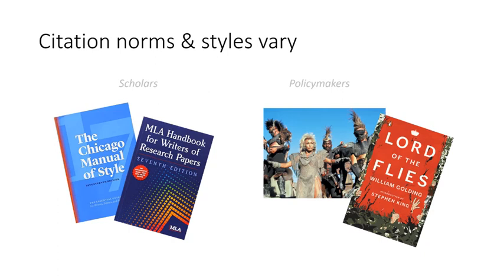Because policy documents come from lots of different countries and lots of different types, the citation norms and styles vary wildly. So this is a big difference between the scholarly world and the policy world. In the scholarly world, if you submit a paper to a journal, I'm sure everyone's been through this, and God forbid you fail to format the references correctly, it might be sent back to you. There's a reason for you to cite it in MLA or Chicago style or Harvard style or whatever.